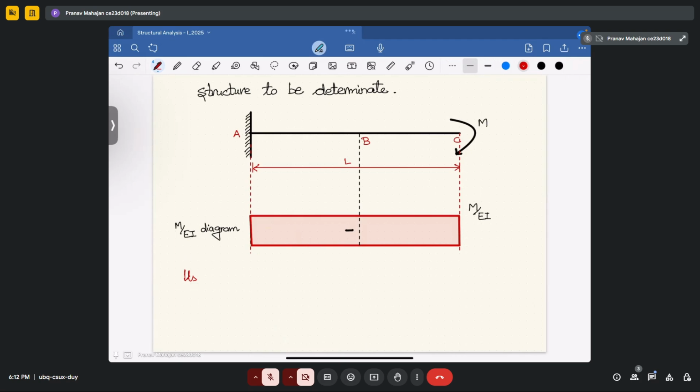So let's write using moment area method, your vertical displacement at B